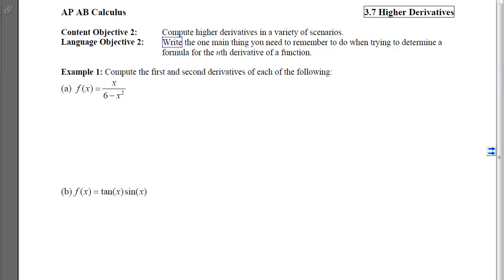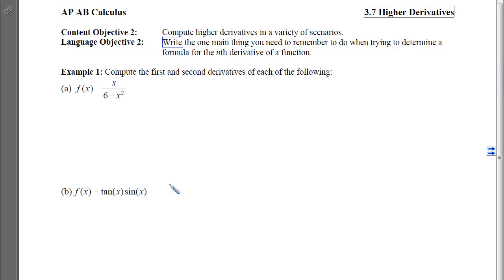This is section 3.7, higher derivatives, objective 2, which is to compute higher derivatives in a variety of scenarios. When you're done, I'd like you to be able to write one main thing you need to remember to do when trying to determine a formula for the nth derivative of a function. So if we look at example 1, each of these is just going to require us to do the first